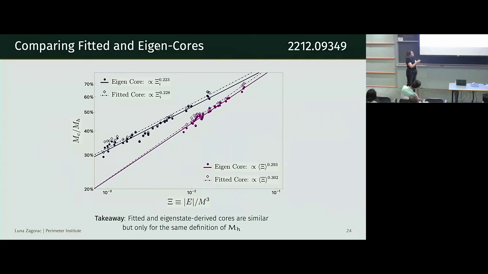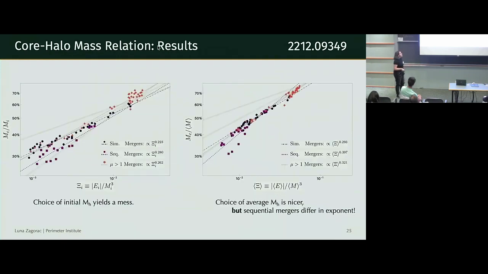And again, these don't vary that much, but they do give us different numbers than the other ones. So these are about 0.3, so closer to a third, and these are closer to a quarter. So the takeaway here is that the difference between how I define my core is very small. The difference between how I define my halo is very large. So we should think about it where we're defining edges of halos, especially in a non-expanding background when there's no rho C, and so no nice standard for defining the mass of a core.